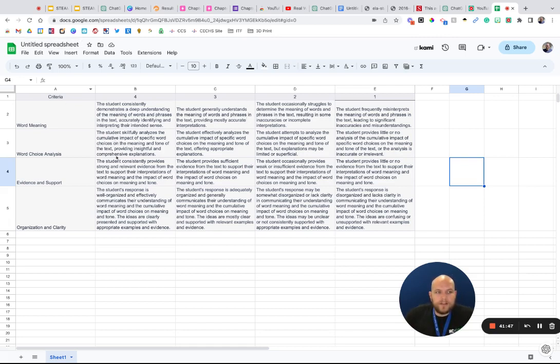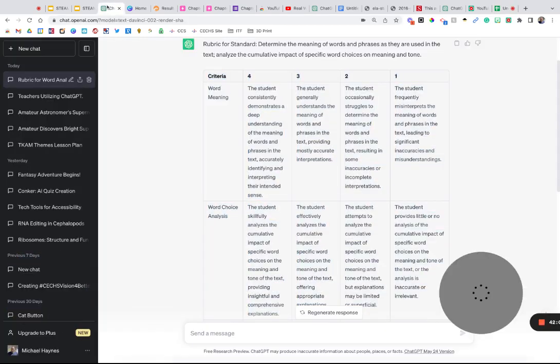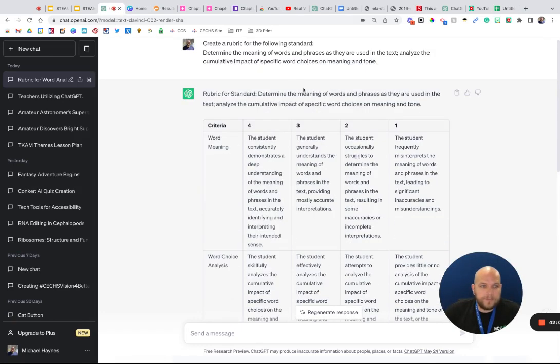I found that putting it into an actual spreadsheet first will help, because if you go directly to the Google Doc, it kind of gets a little wonky and the fonts can be a little big. And so it's a little bit hard to manage versus just dropping into a spreadsheet and then copy and pasting from there. So however you want to do it, that's my recommendation. But this is a great feature because now I have a rubric for this standard, and I can make a rubric for anything, as long as I have the criteria for the rubric, it'll create it for me.